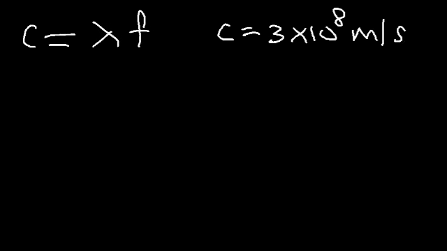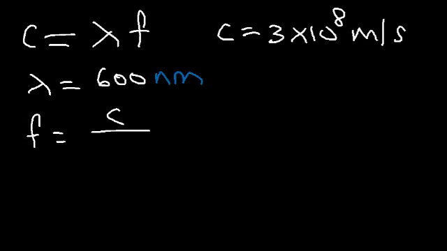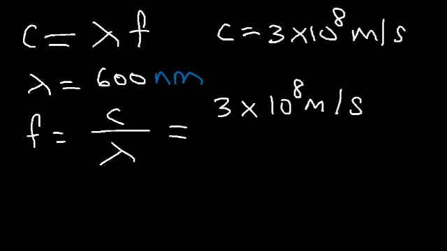Now let's say you have a wavelength of 600 nanometers. How can you use this information to calculate the frequency of this wavelength? Frequency is the speed of light divided by wavelength. So it's going to be 3 times 10 to the 8 meters per second divided by, we don't want to put 600 nanometers